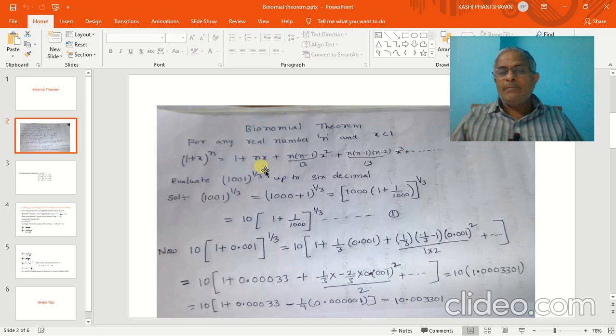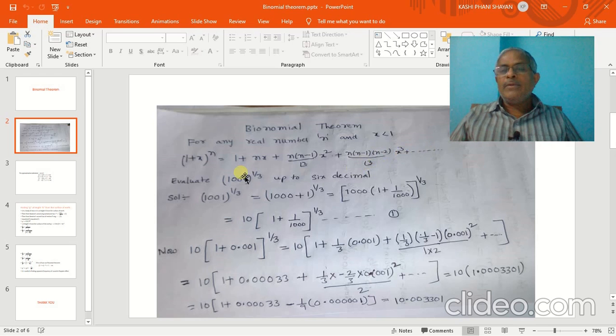Now the binomial theorem expression: (1 + x) to the power of n is equal to 1 plus nx plus n into (n minus 1) by factorial 2 into x square plus n into (n minus 1) into (n minus 2) by factorial 3 into x cube, and so on. You observe how we are writing 1 plus nx. Now n into (n minus 1): you have to reduce 1 every time. With 2 terms here, there comes factorial 2 only, and the power is x square. Similarly, n, (n minus 1), (n minus 2) by factorial 3 x cube, and so on.